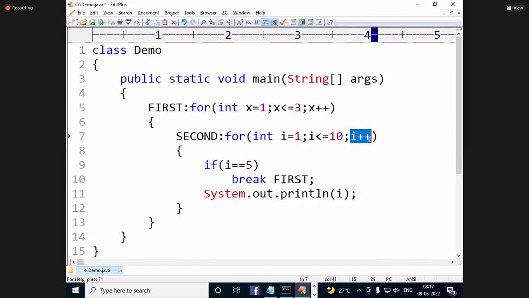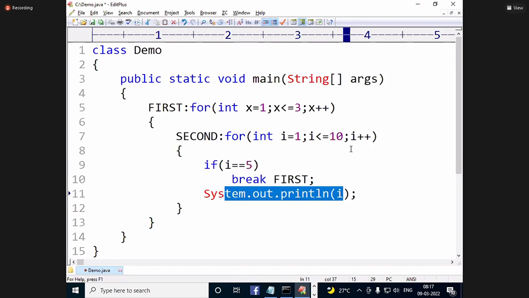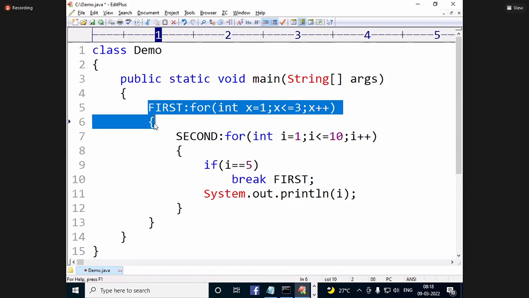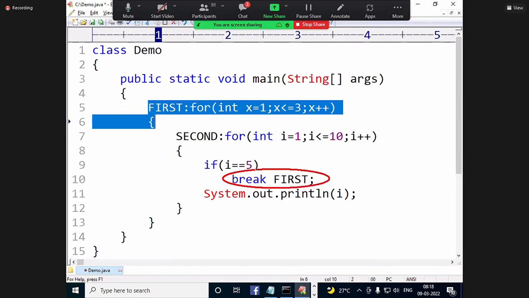It becomes 2. 2 double equal to 5, false. 2 printed. 3, false, 3 printed. 4, false, 4 printed. 5 less than or equal to 10, true. 5 double equal to 5, true. Break first. That means the first loop is terminated. That's why the output 1 to 4 comes one time only. So when break first, it will come out of this loop.